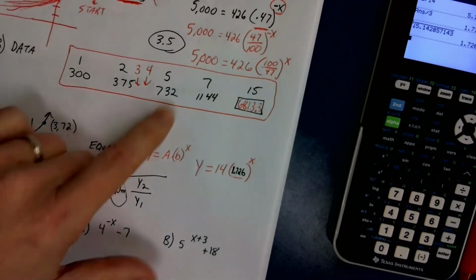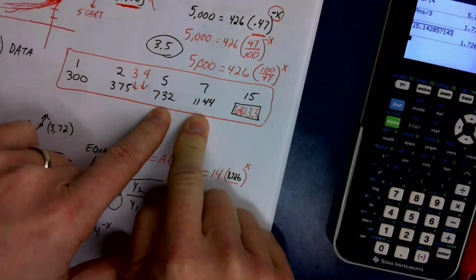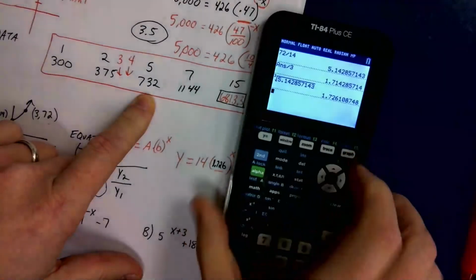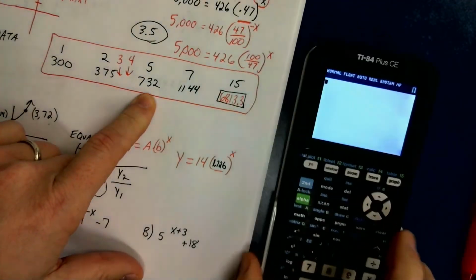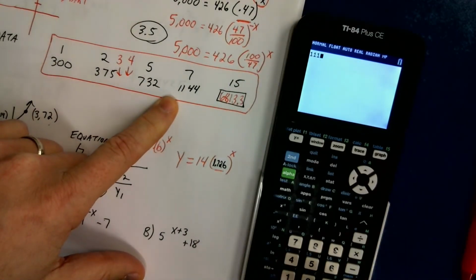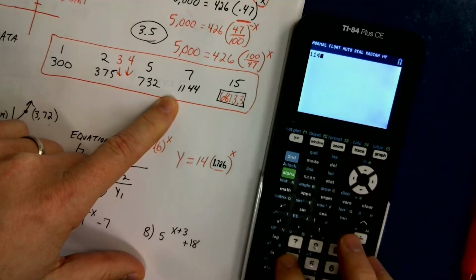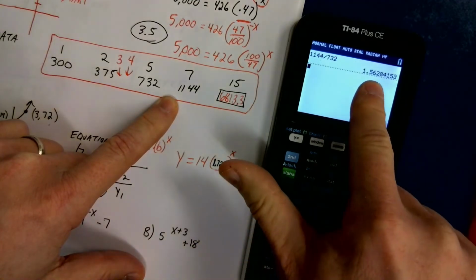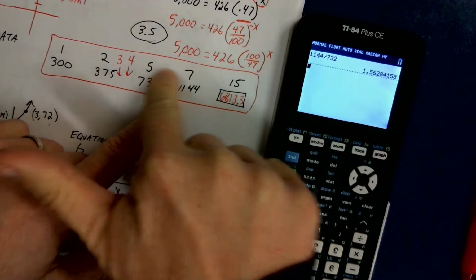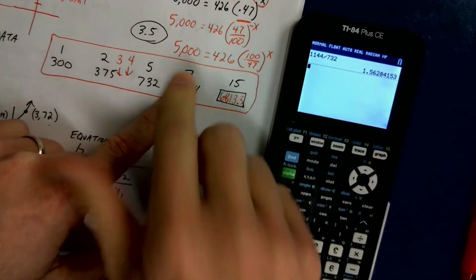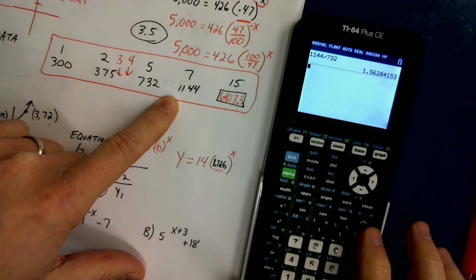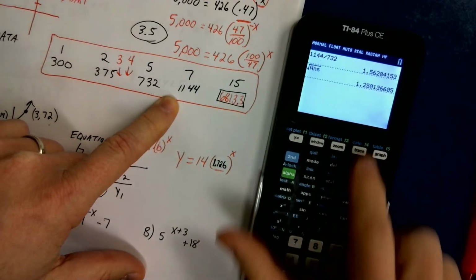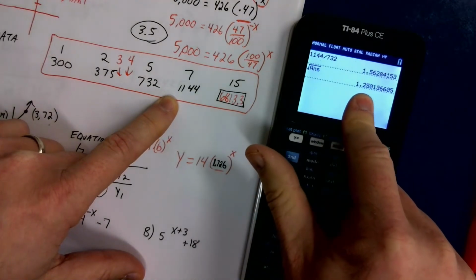Okay, so let's try right up here. Let's see if this works out on this one. Remember what the rate was on this just a little while ago? So I'm going to try it. I got 1144 divided by 732, enter, right? I got that number. Now, how much of a jump is it with the x's? It's a jump of 2, so I need a square root. So I'm going to do second square root, second answer, hit enter, and there's that same 1.25 that we got